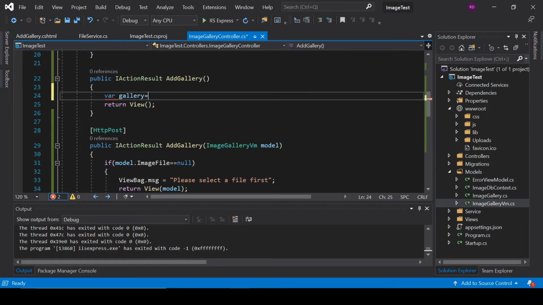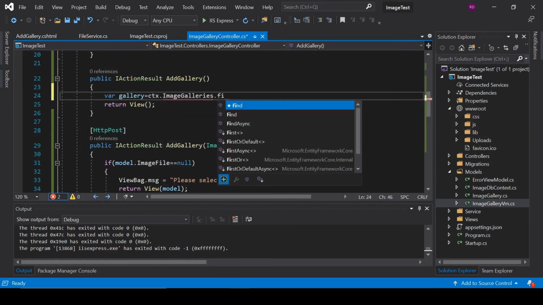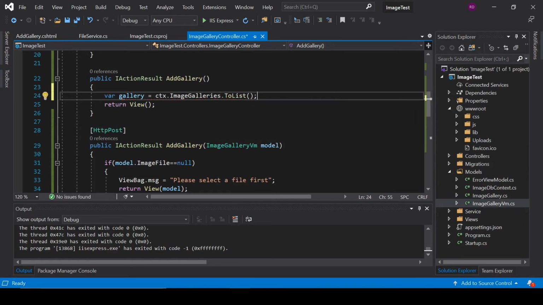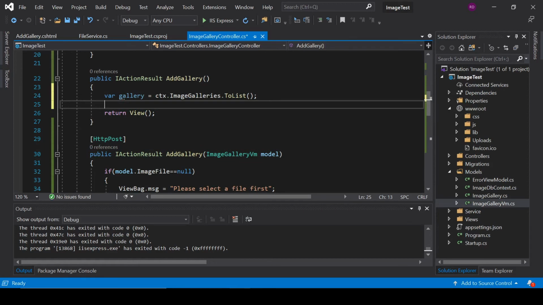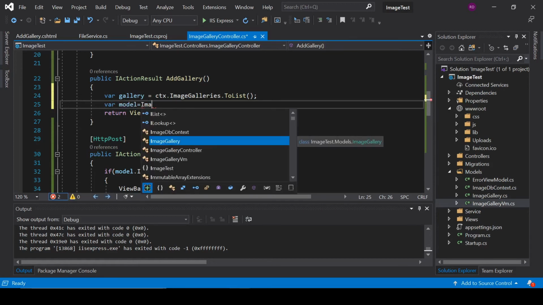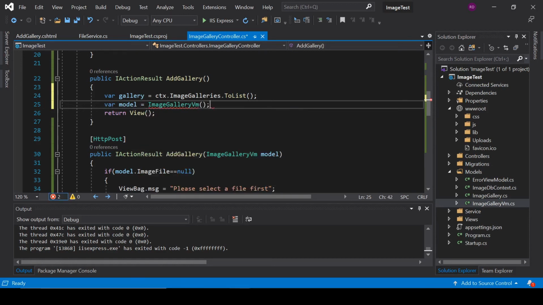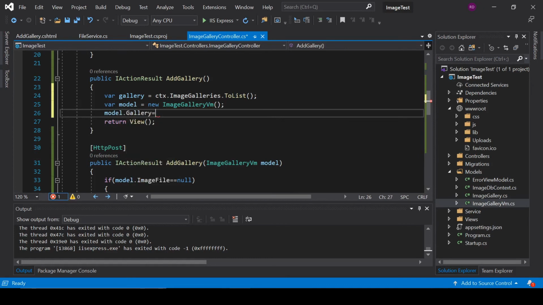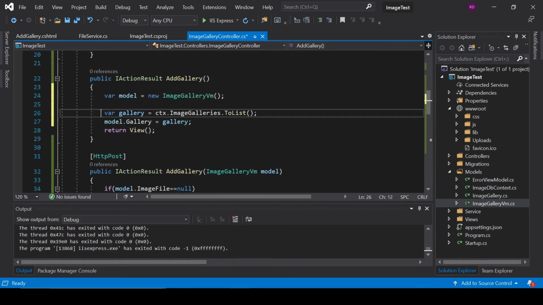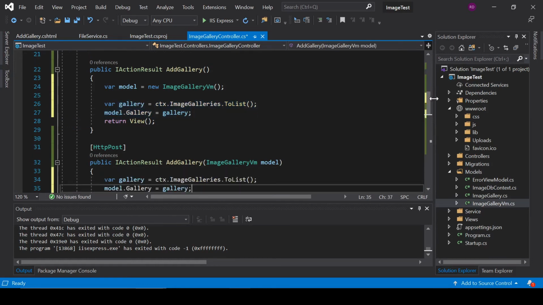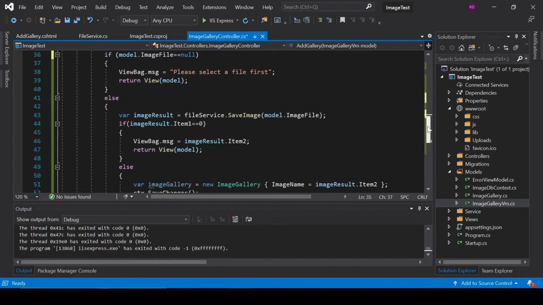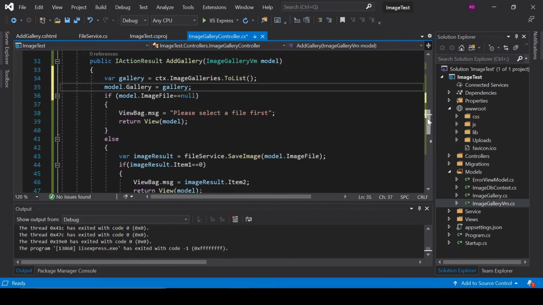So gallery equals to ctx.ImageGalleries.Find, we will find a list, ToList, and where model equals to ImageGalleryVM, new ImageGalleryVM, model.Gallery equals to gallery, and write it here, copy it and paste it here. Okay, it's good now,